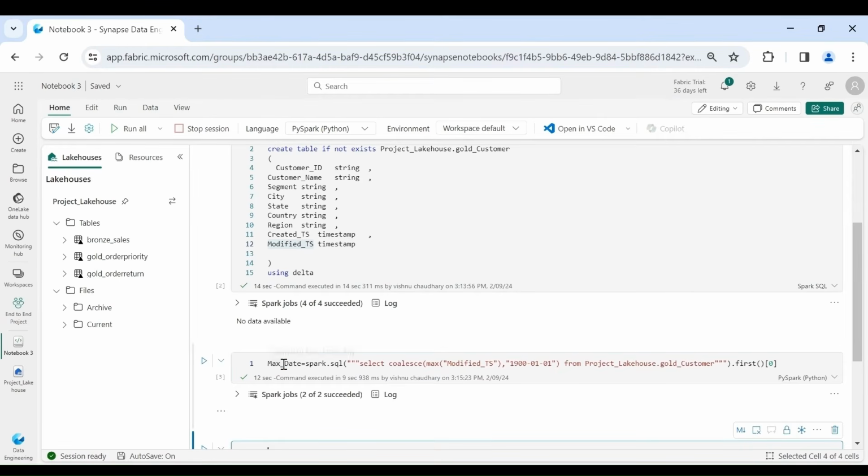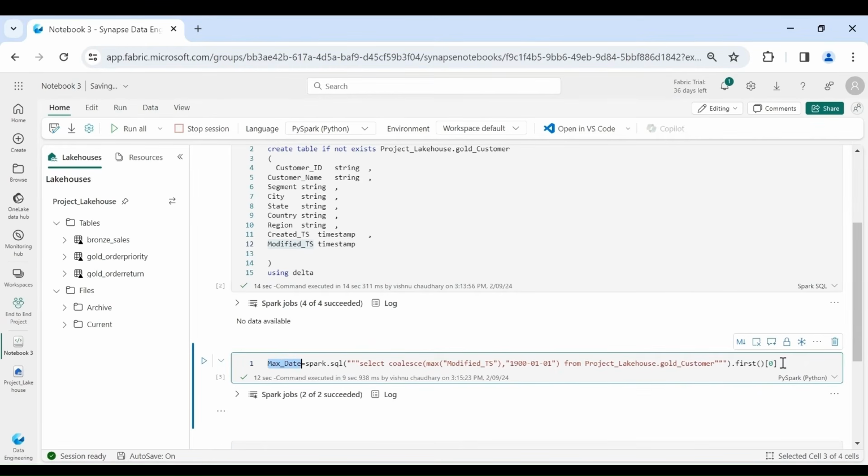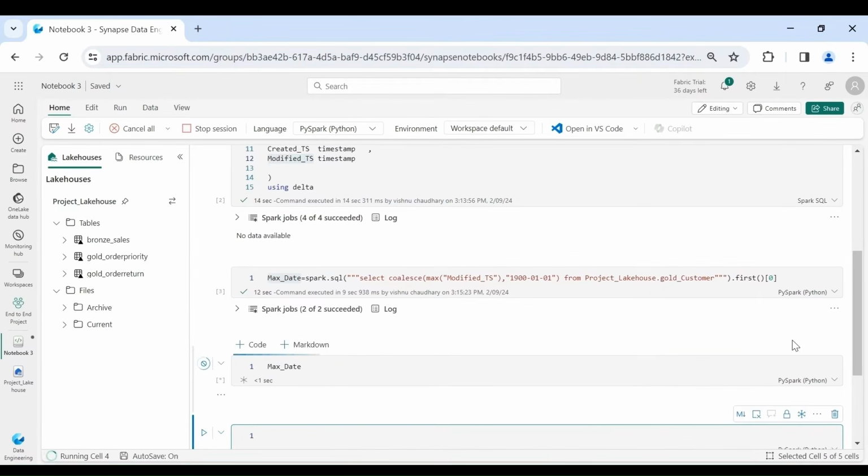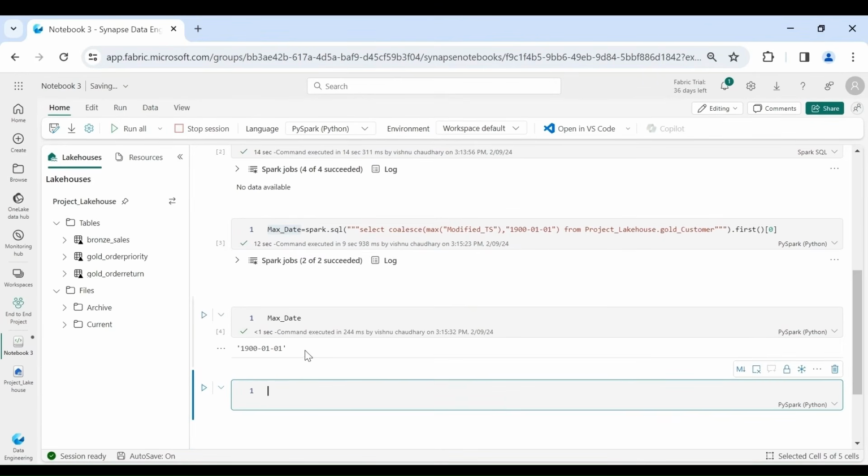Let's see what we have inside our max date variable. Run this. You can see 1st of January 1900. Why? Because we don't have any data in our gold customer table right now. Now we will implement the incremental logic. So for that, write